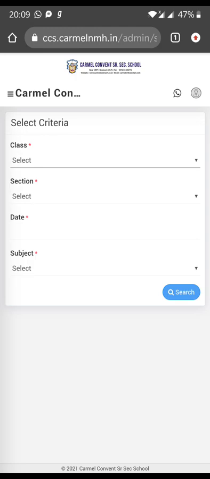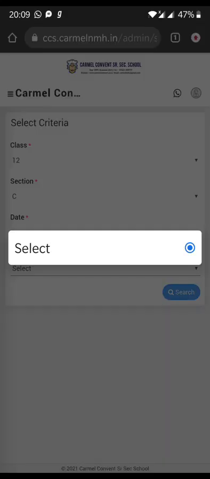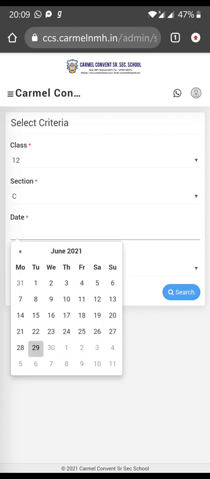In this page select again class 12th, my section is C, subject, date. Suppose my class was on the 23rd of June, Thursday, because I have updated the timetable of Wednesday or Thursday. Whatever timetable I have updated, only that will be displayed here.